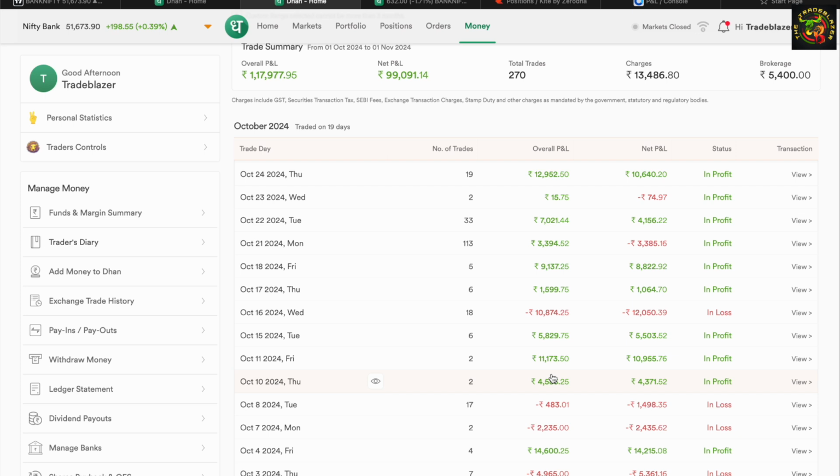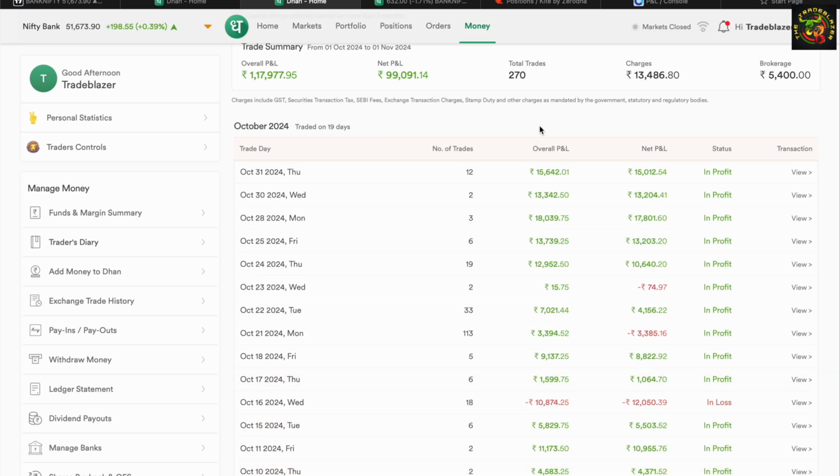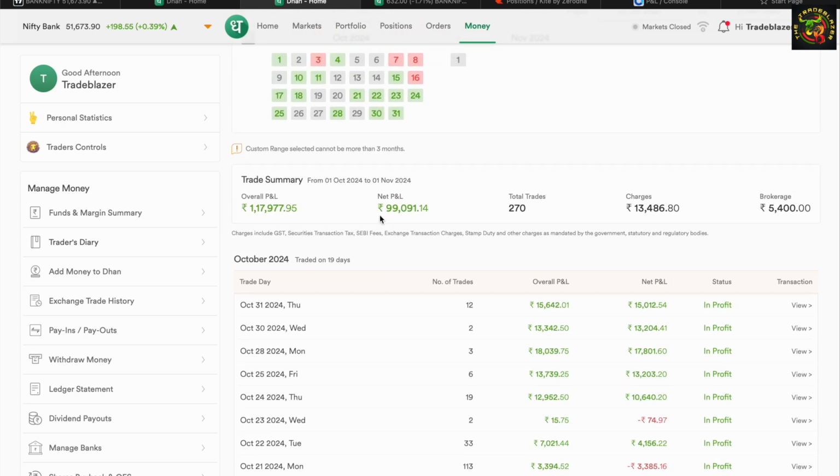Whenever I'm buying, I'm buying one more 90 or one more 150 quantity. That's all I'm doing, right? So hardly 90 to 150 quantity is the average quantity that I'm trading, right? So apart from that, I made a profit of around 1 lakh,